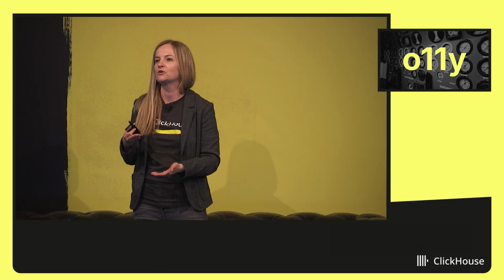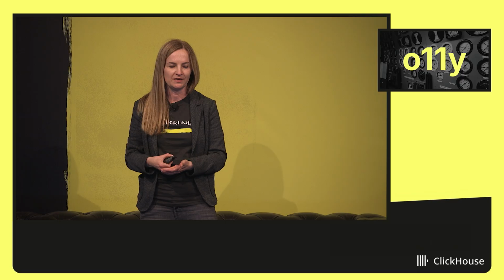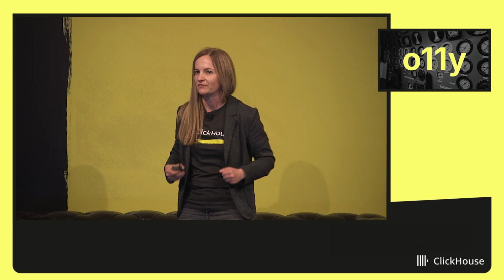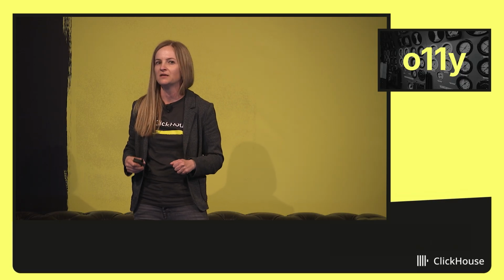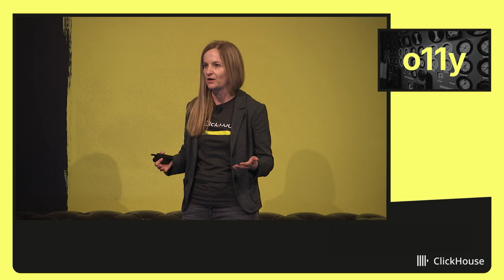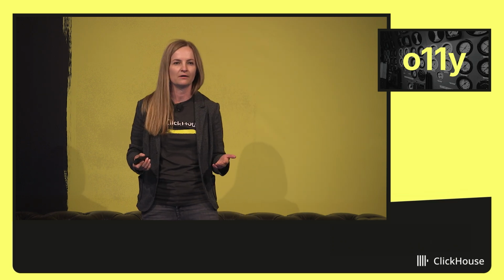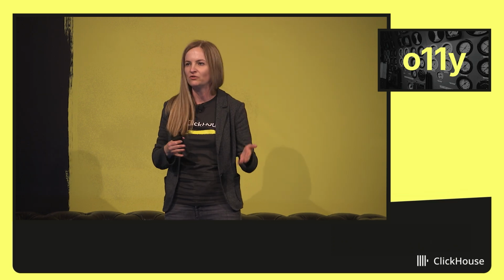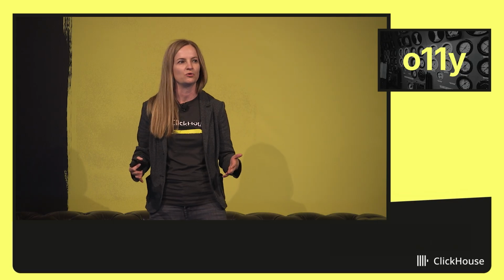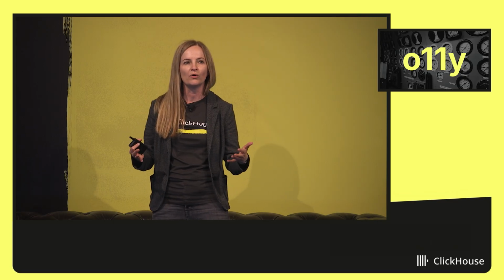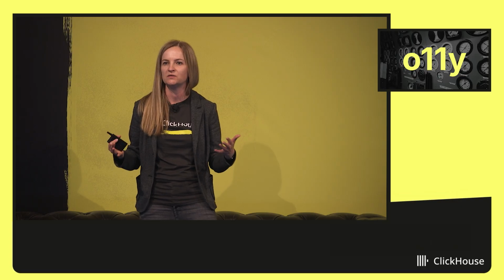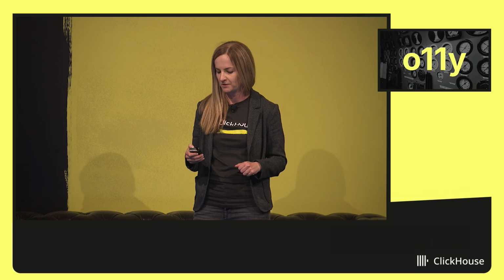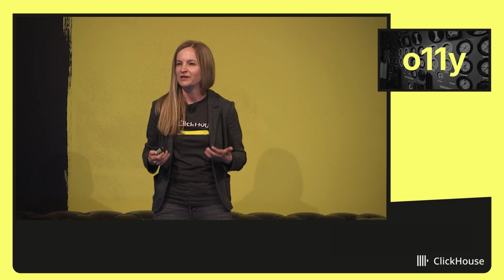No matter how big or small your workload is, ClickHouse is a great store for observability data. But again, as a product person, for me, it's never good enough. And I'm like, OK, how can I make it even easier? How can I make it even better? And again, we talked to a lot of our customers, and we could have gone several directions here. But they said, look, stay true to your nature. You're an open source database. Just add more opinionated open source bits to it and make it even easier to run ClickHouse for observability in open source. And that was something that felt very natural to me.